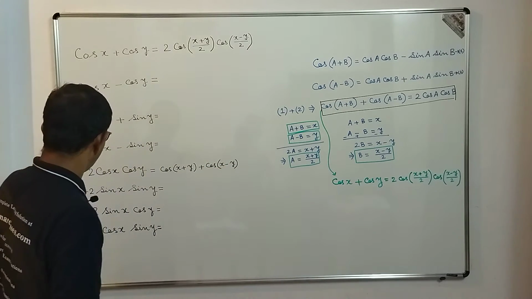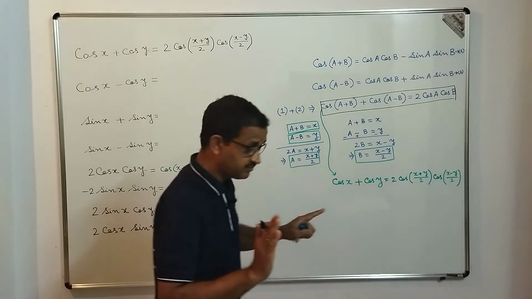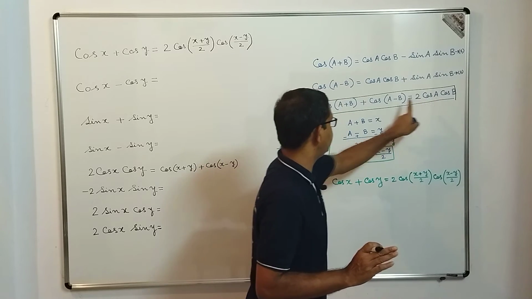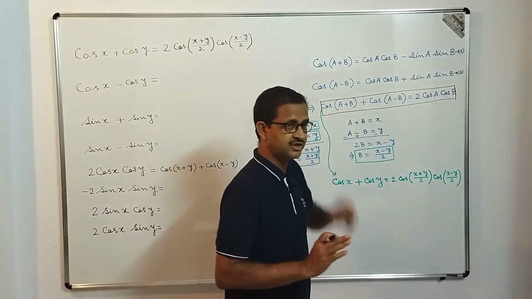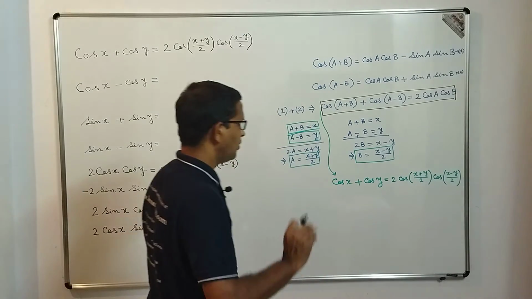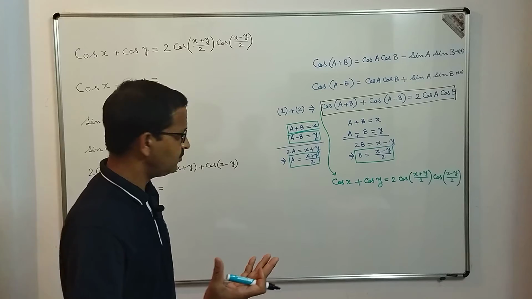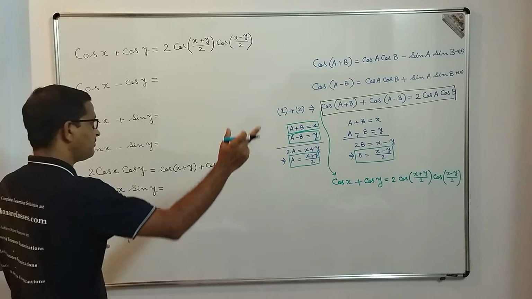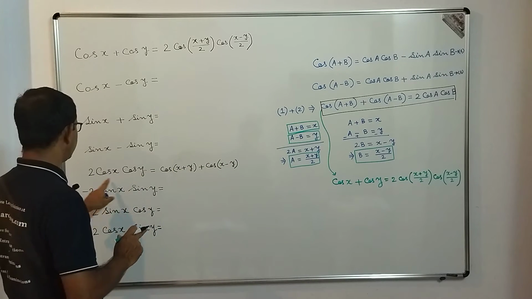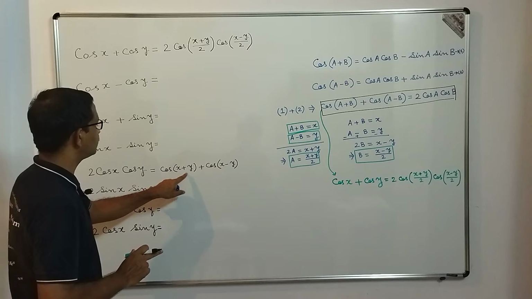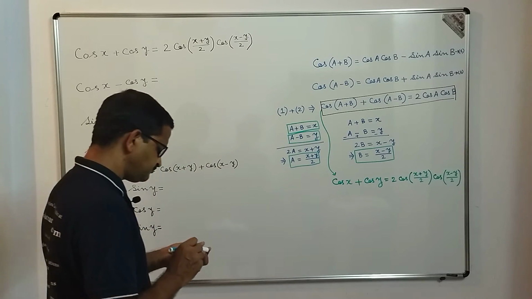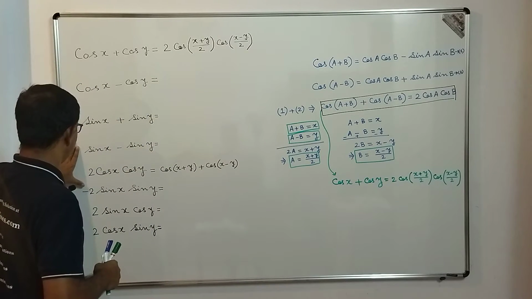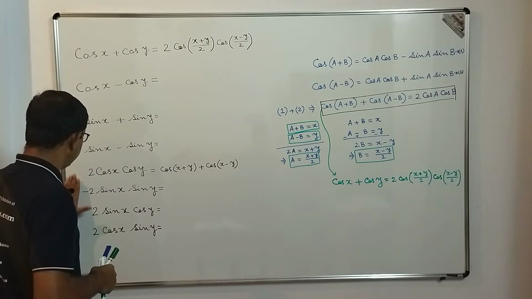Dear students, I repeat once more: here we have established 2 cos a cos b is equal to cos (a plus b) plus cos (a minus b). Now in that concept, a and b are the angles we have selected. So instead of a and b we can write x and y, then we get 2 cos x cos y equal to cos (x plus y) plus cos (x minus y). This means that if we remember the first formula, we will remember this one too.